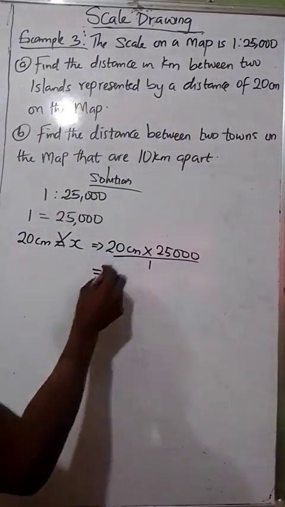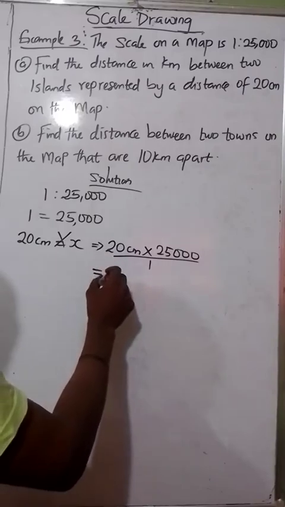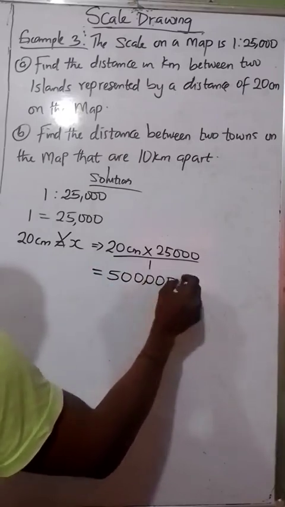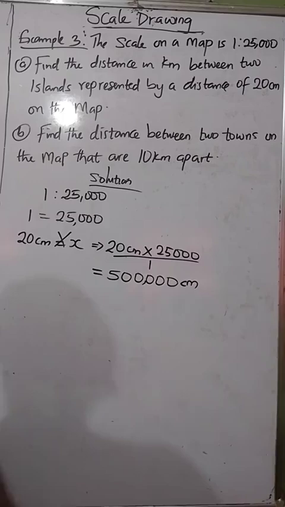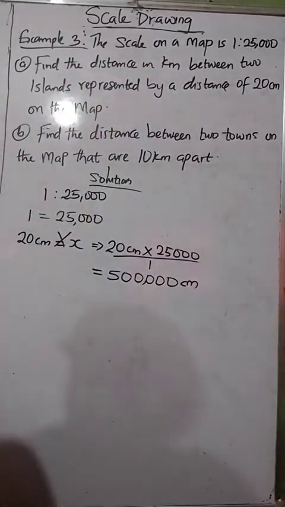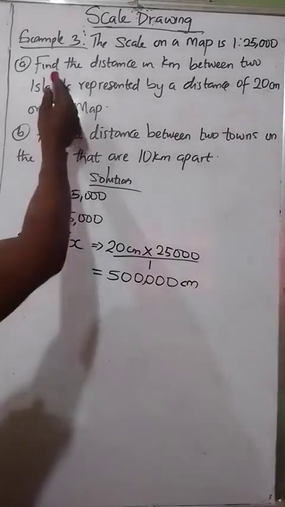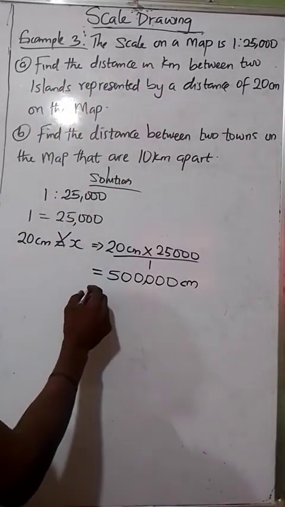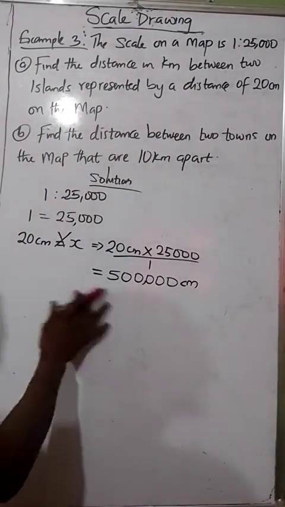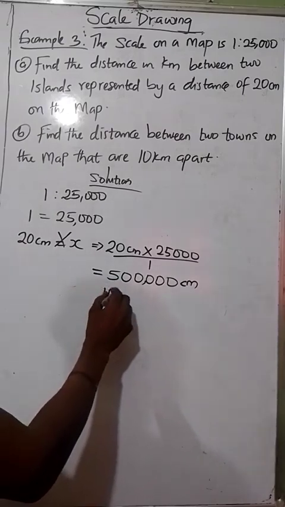And so that will give you 500,000 centimeters. So that means the actual distance between the two islands is 500,000 centimeters, but you are asked to find the distance in kilometers. So, how many centimeters make 1 kilometer? You need to know that 100